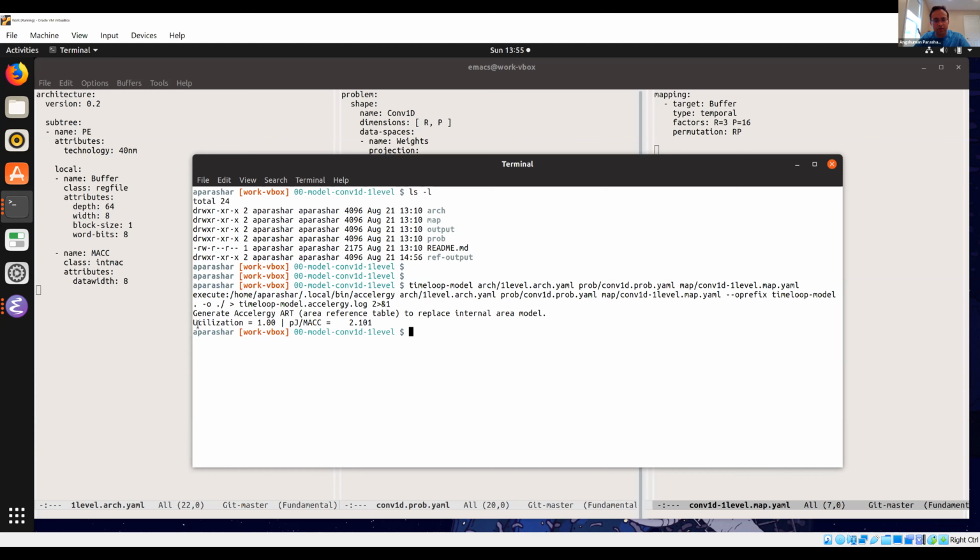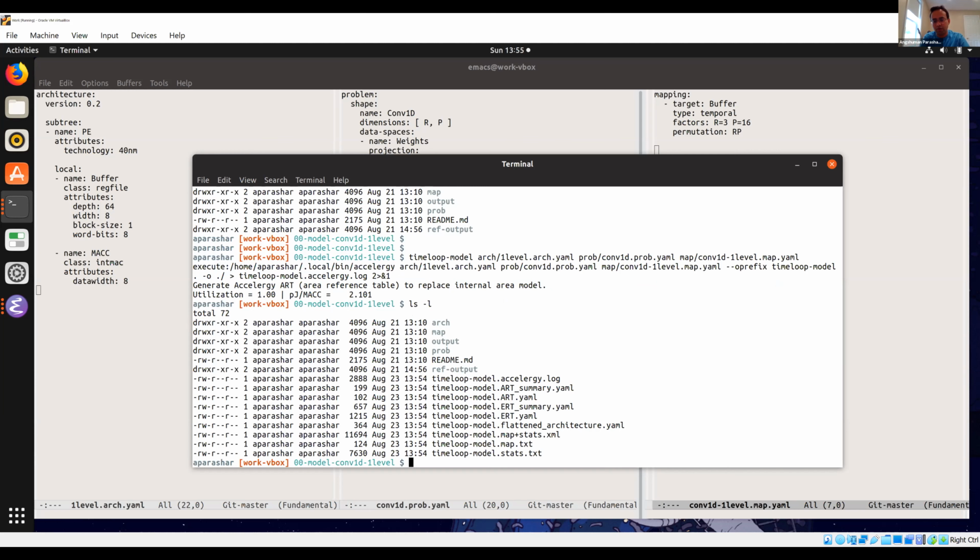And then in the end, you see the short line on standard output, which tells you the overall utilization, which is basically a proxy for performance, and pJ per MAC, which is energy efficiency observed by this workload. Now, that's just a short form output. In reality, if you do an ls, you'll see that it emits a variety of other logs, statistics, etc. We're going to look at two specific